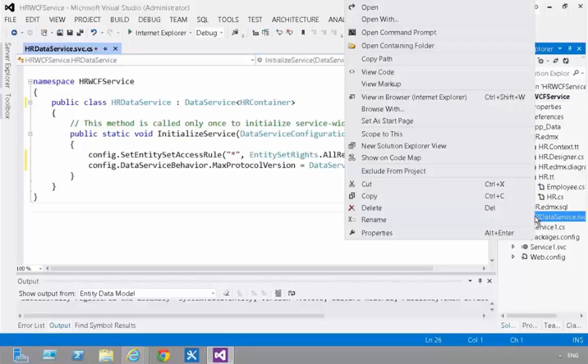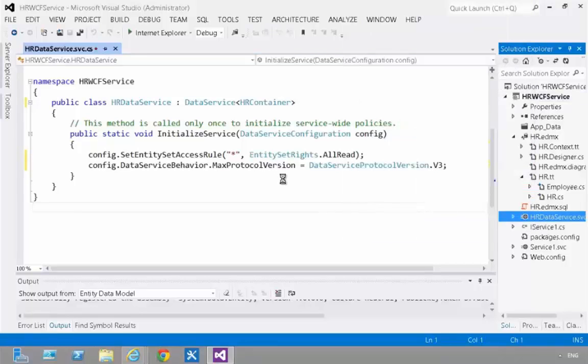We'll set this as the start page and hit F5. To serve